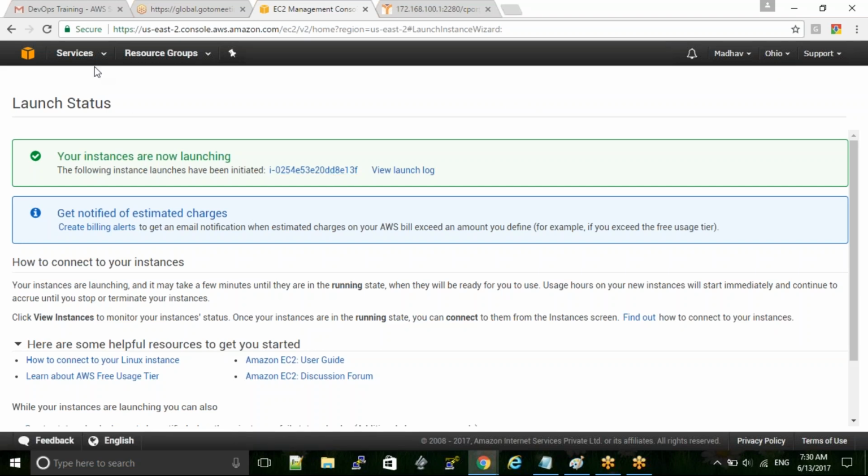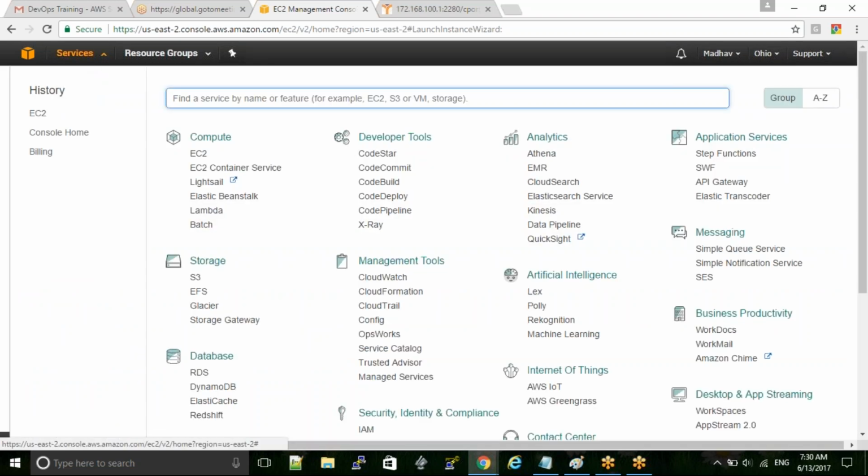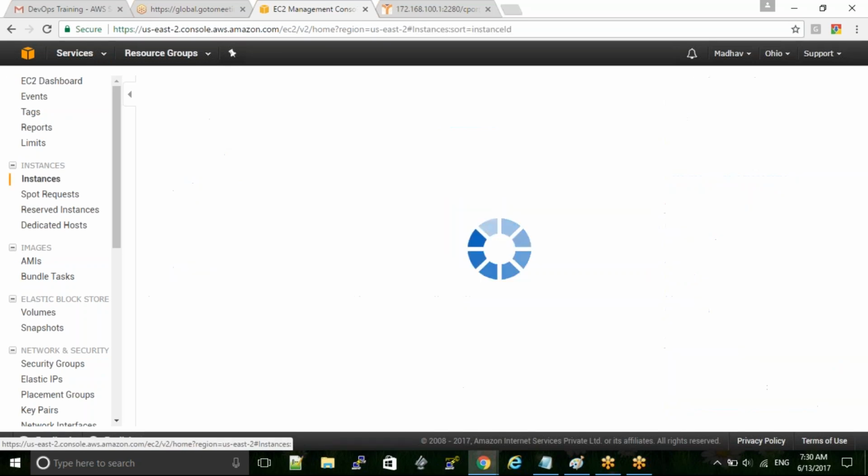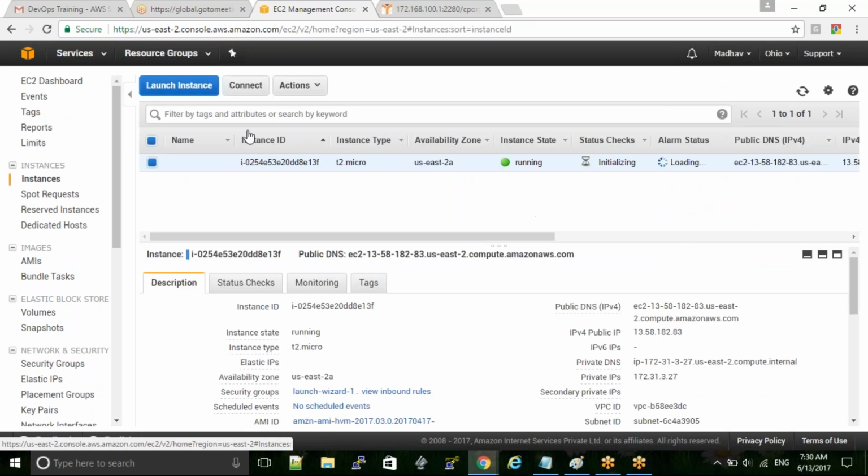So what I am doing, I am just going to EC2, and this is the EC2 management console. One running instance is there, so click on that. So it is running. Just now I have created it. So this is the availability zone address,